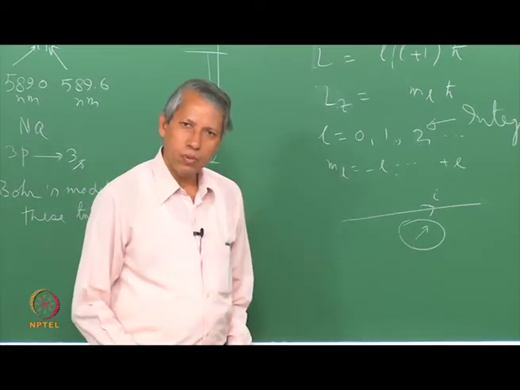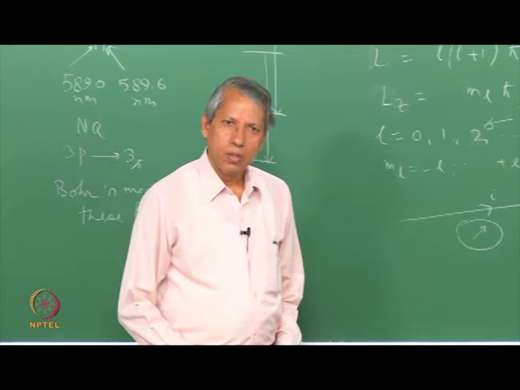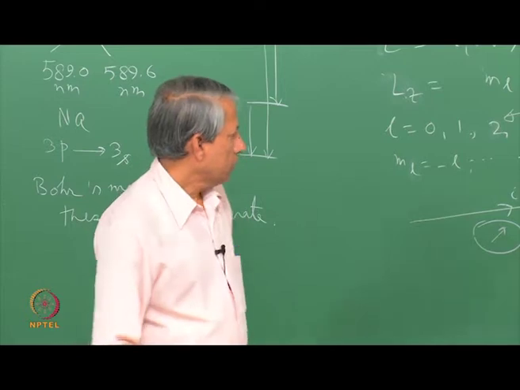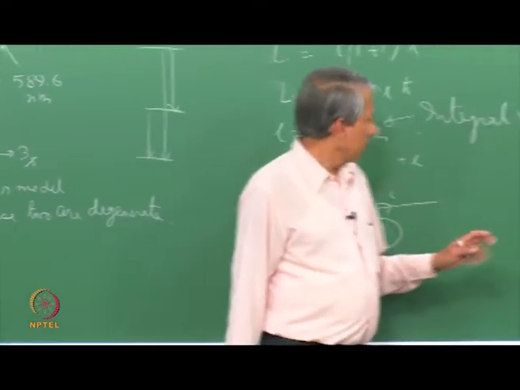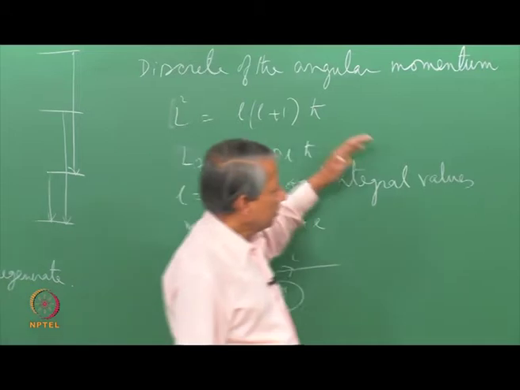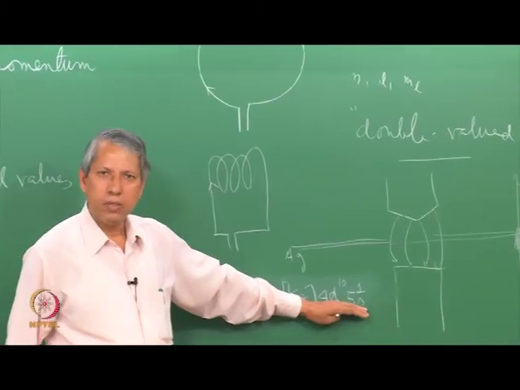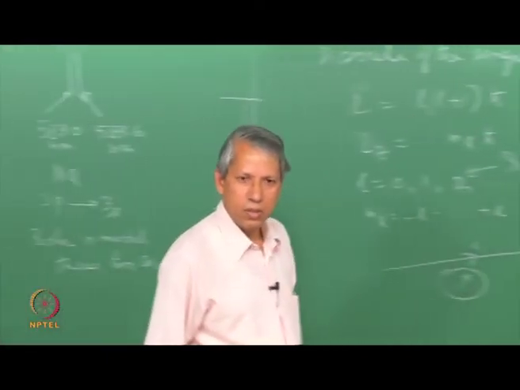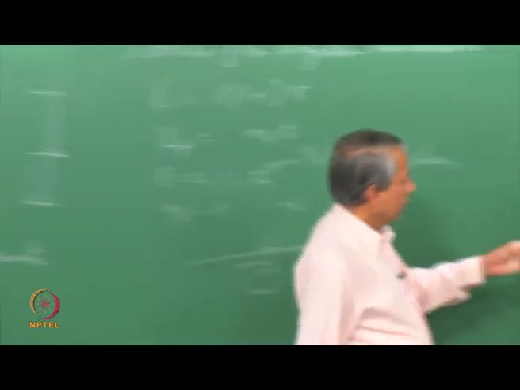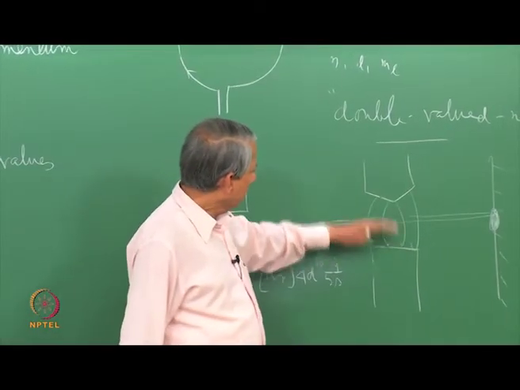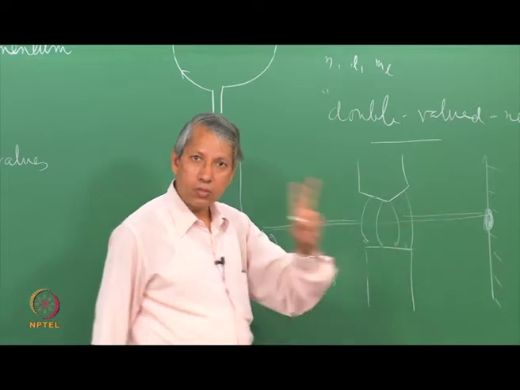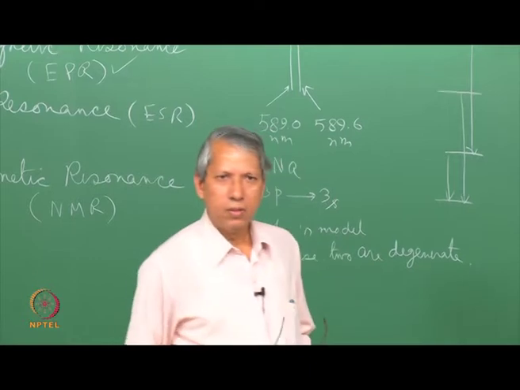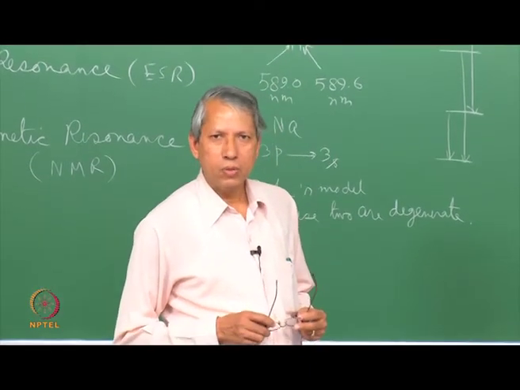Once again it is very difficult to explain this observation, because this silver atom with this configuration is supposed to have no angular momentum, no magnetic moment, but even then it shows splitting. It means it must have got something to do with the magnetic field that is experienced by this, and this is causing splitting, and it was splitting into 2 lines. So, yet another extraordinary finding without any explanation.